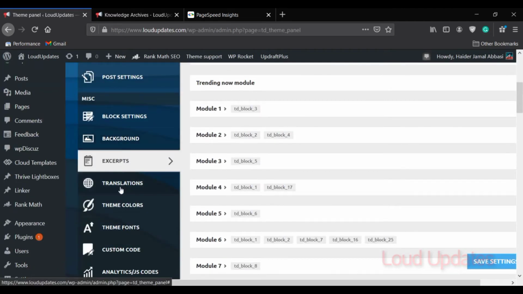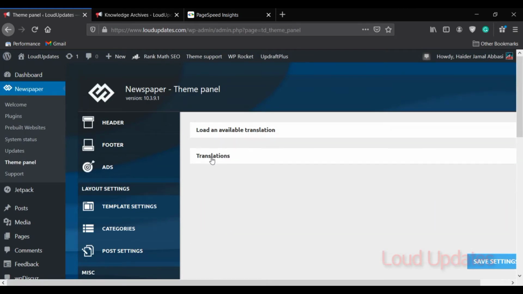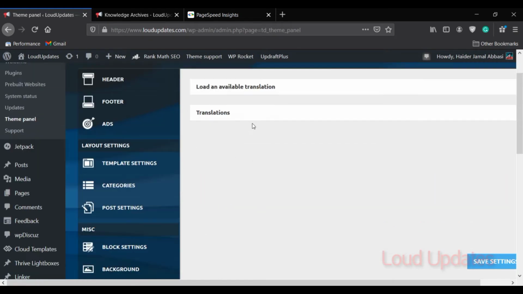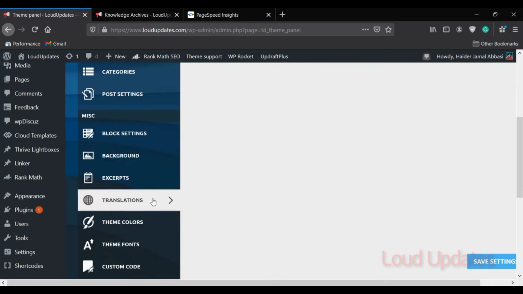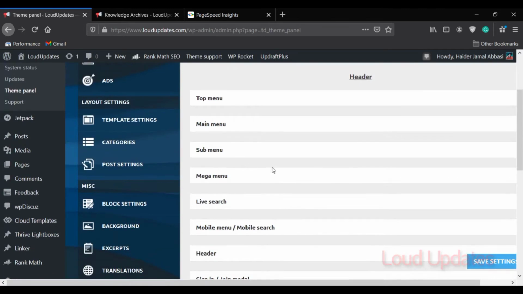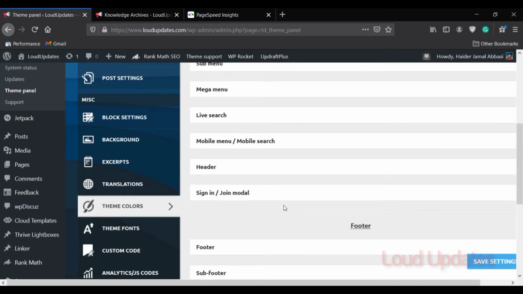The next step is translation. If you want to translate your website, the Newspaper X theme provides you a translation section to translate your website. Theme color: how do you want to show the theme color? You can change posts, pages, sub footer, and change colors as you want.